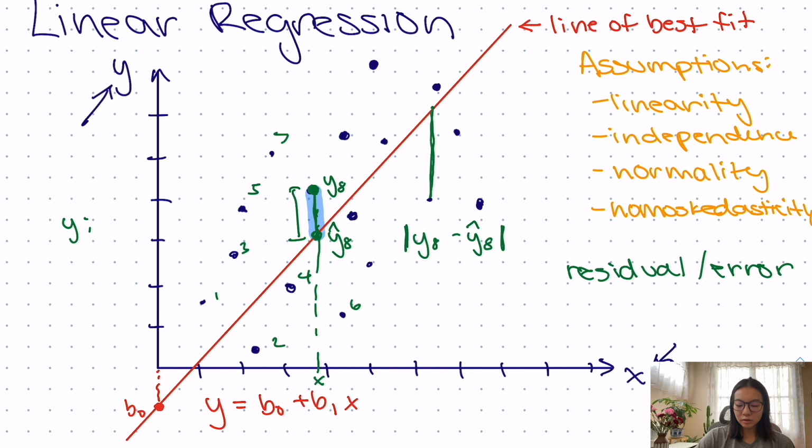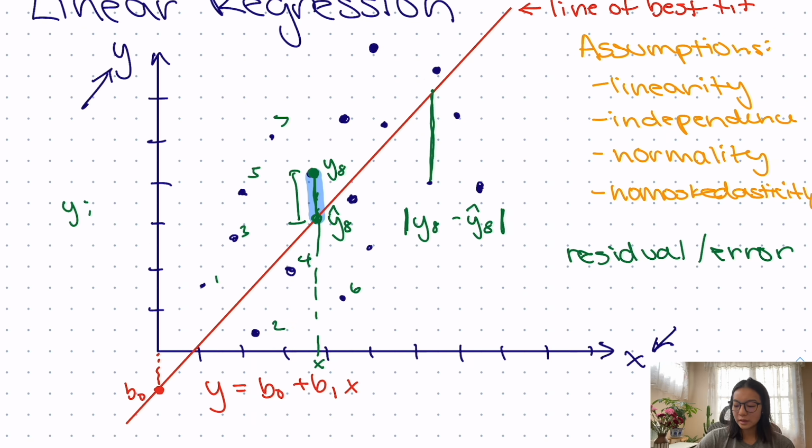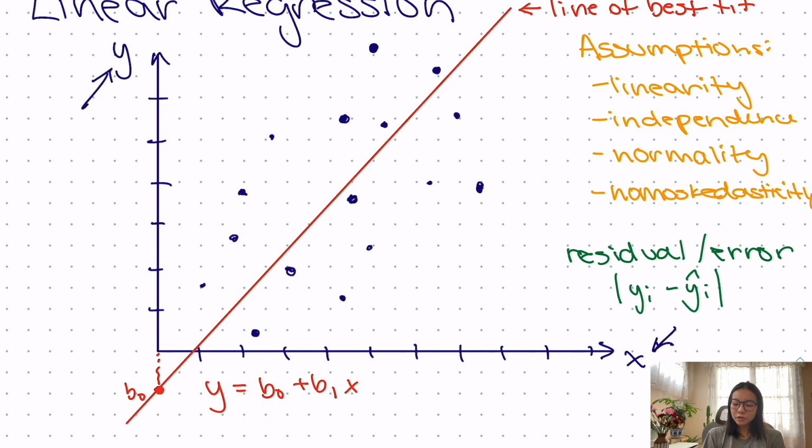And to generalize to all the points, I'm going to say the residual can be calculated as y_i minus y-hat_i, okay? So this just means the distance between some given point and its corresponding prediction on the line. So now with this residual, this line of best fit is generally trying to decrease these residuals as much as